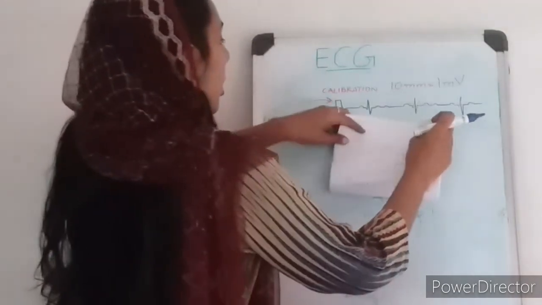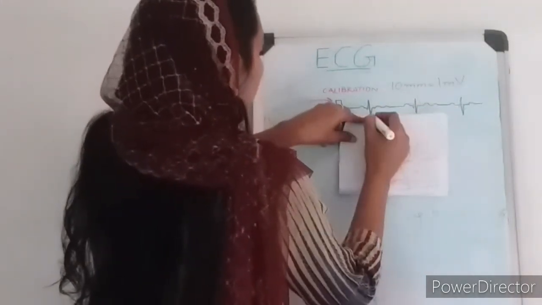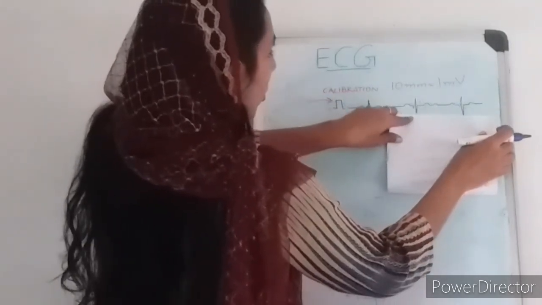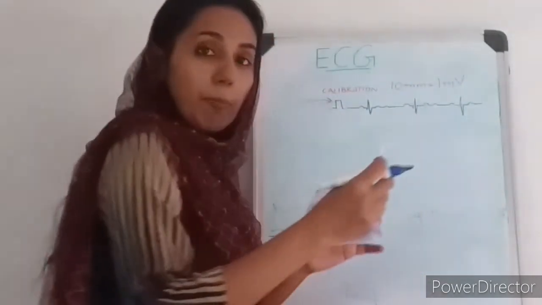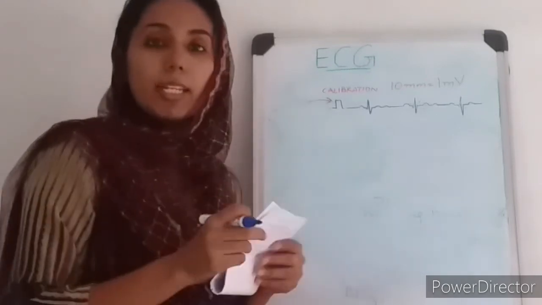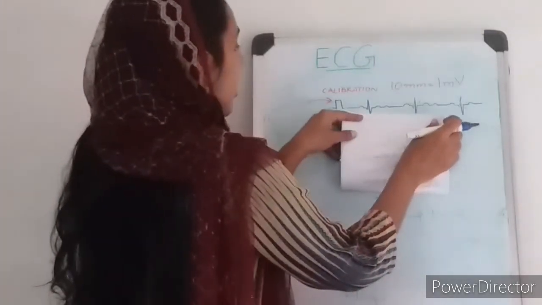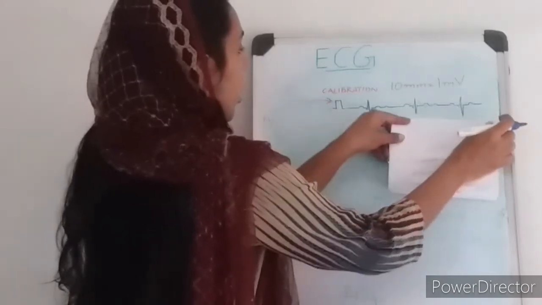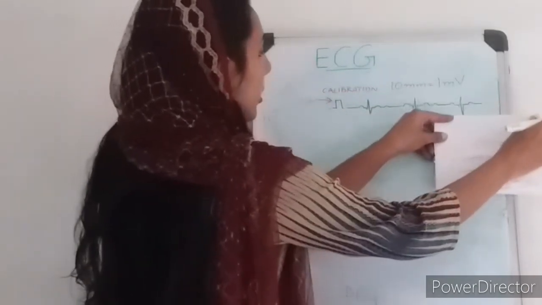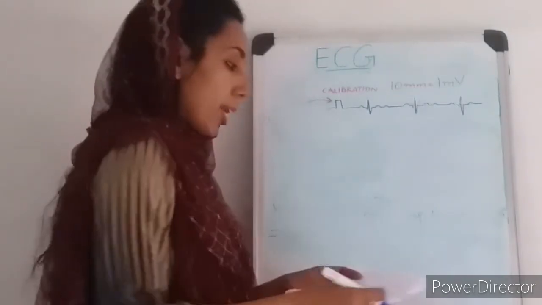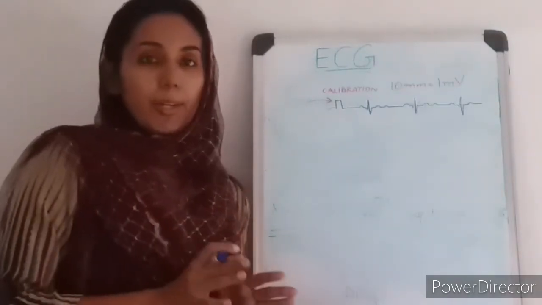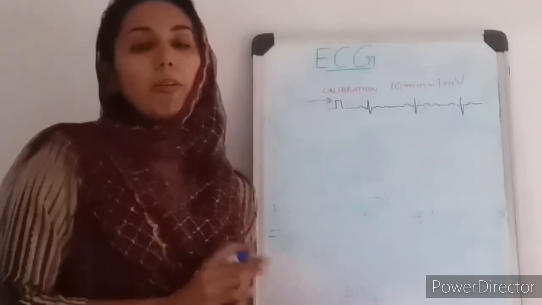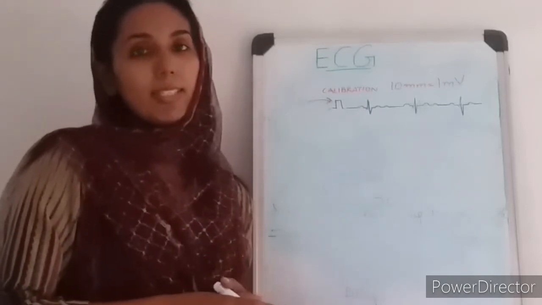You can just put a paper like this and mark the RR. Then keep it the other way also, and keep seeing whether the RR interval remains the same. This is a very easy way: take a paper, make 2 markings like this, put it in the next RR, put it in the next RR. If it is coming regularly, it is a regular rhythm, and if there is a P wave preceding every QRS, then we can be sure that this patient is in sinus rhythm.